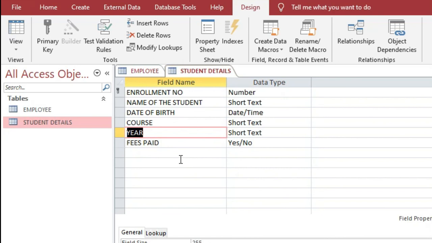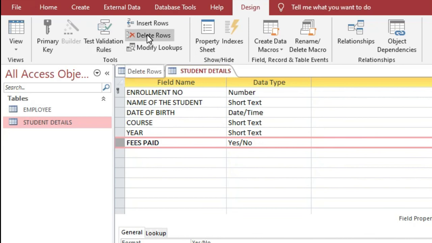Then click on the delete rows button in the design tab. Okay, so if we want to delete the field, then select the field name and then select delete rows under the design tab.